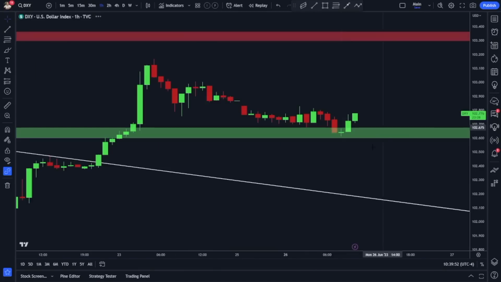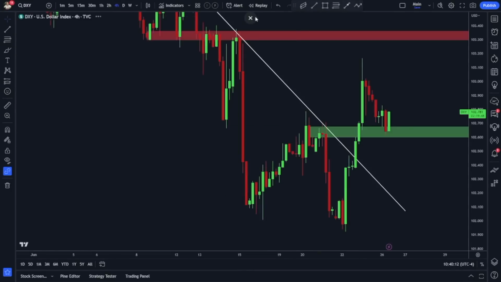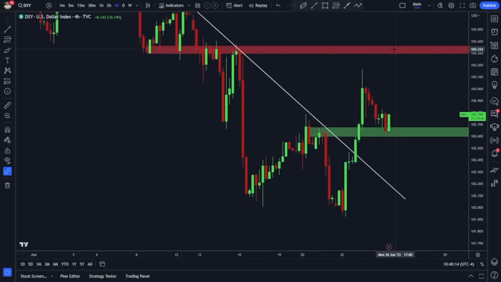We could drop it down to the 1 hour and we can see that price is reacting pretty well to this area here. If price is able to continue to push, this probably puts short-term bearishness on the gold market as well as the S&P 500, NASDAQ, that sort of thing. And it does seem to be holding so far. So short-term, it looks like bulls are in control for the dollar index. When I look at 103.35, I'd probably be hesitant if we do see a run back up to that point.